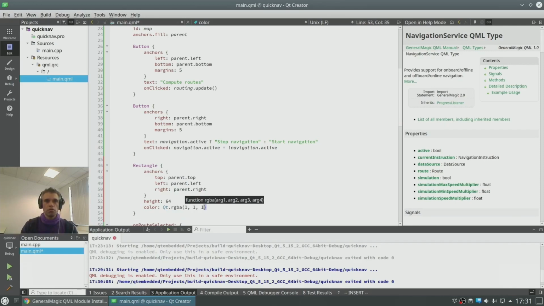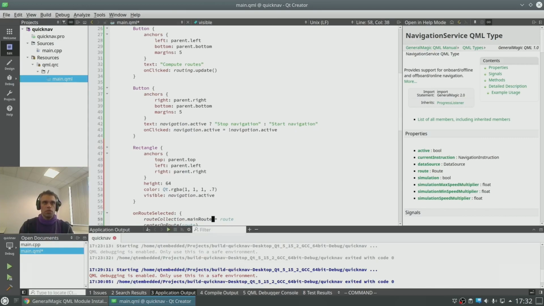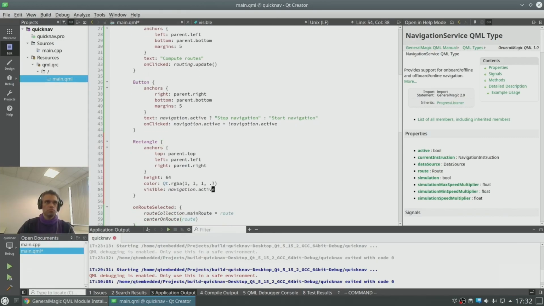Just make it white and give it a transparency so we can see the map behind it. And we want this to be visible only when navigation is active. Great. Let's see if we have this panel now.